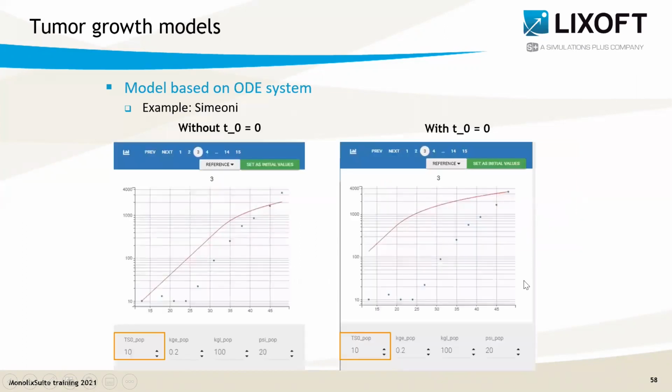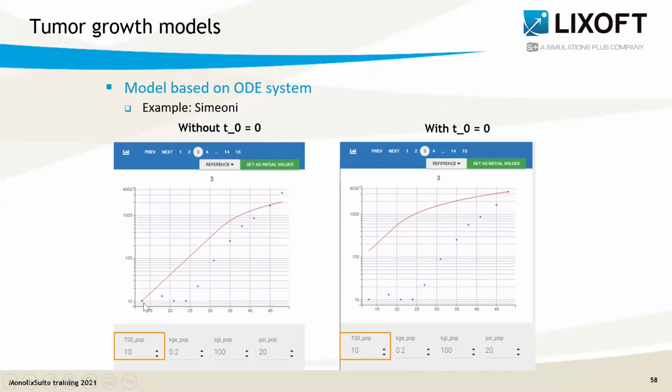So on the next slide, we can compare the situations a bit better, situations where I have defined T_0 as 0 or not. In this case, the first observation for the same individual, that we can see on the left and the right, occurs at time 13, not 0.